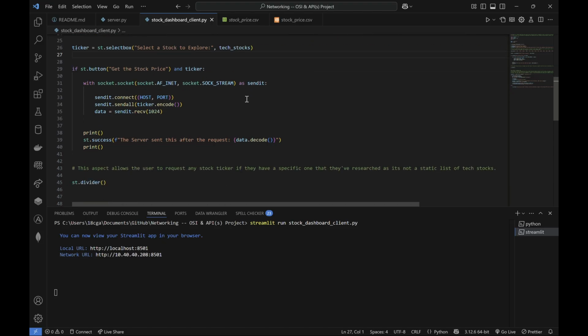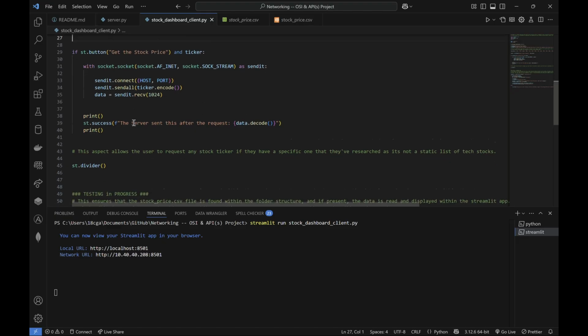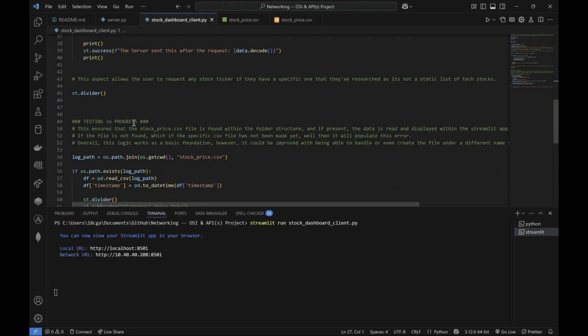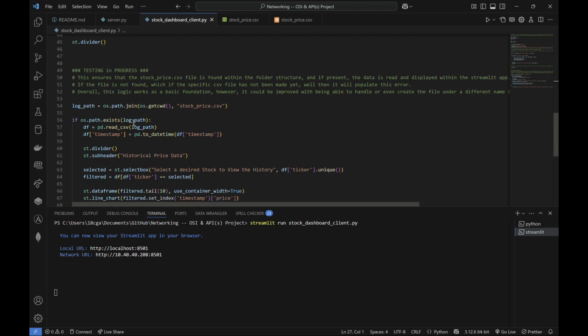It goes through the same process of requesting and receiving that data. Again, it has to be encoded and decoded. And again, this is all handled by the server itself. I also included a way for this data to, again, be saved to a CSV file. But more specifically, so that once that CSV file, again entitled stockprice.csv, is created or generated, it